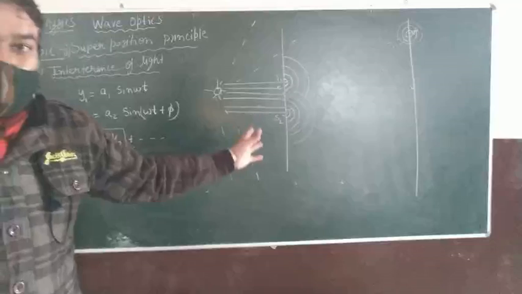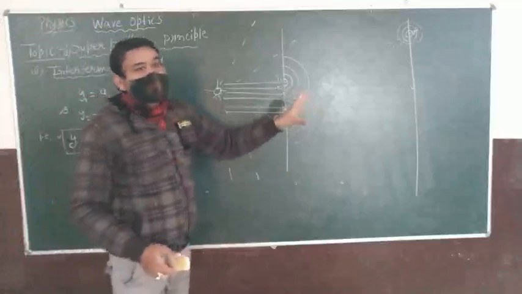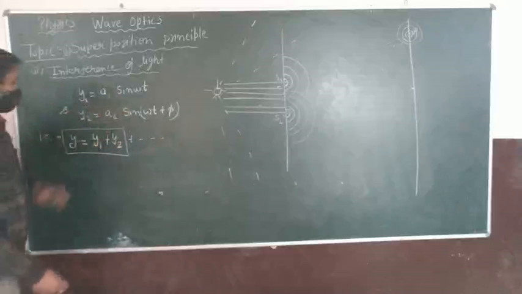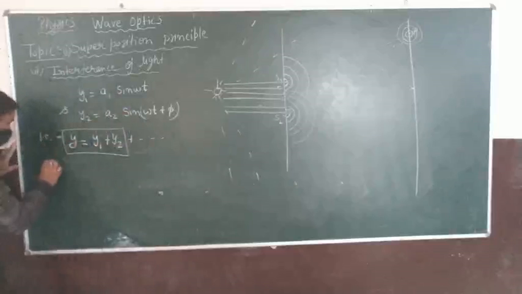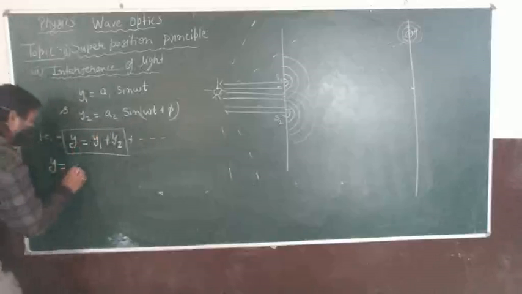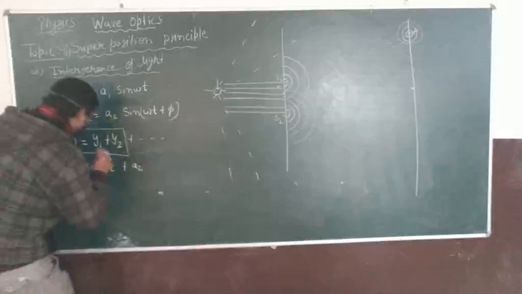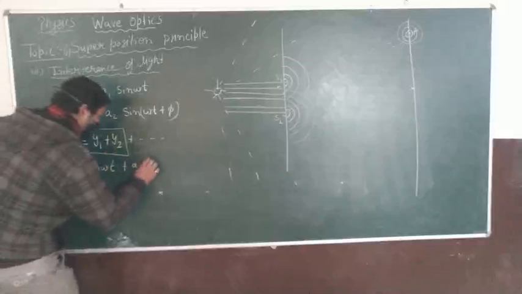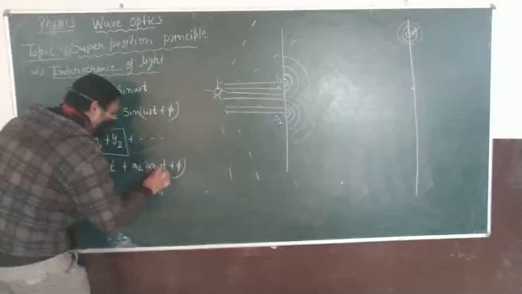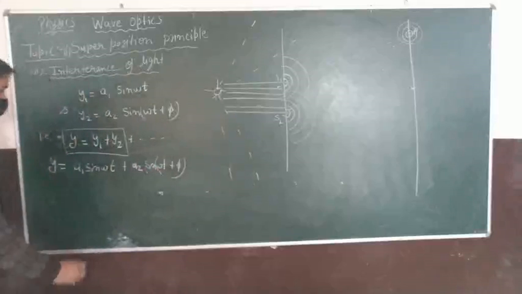Okay, now we have understood the conditions of constructive and destructive interference. Then we will derive the relation for the Young's double slit experiment. As we have the two waves A1 and A2, according to the principle of superposition, y is equal to A1 sin omega t plus A2 sin(omega t plus phi). Now, by using the formula of sin(A plus B), we get